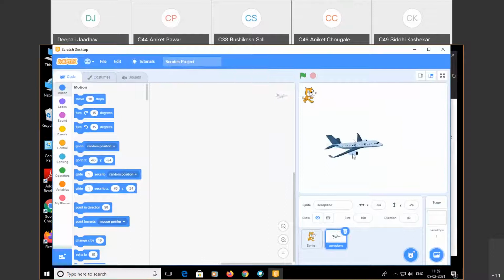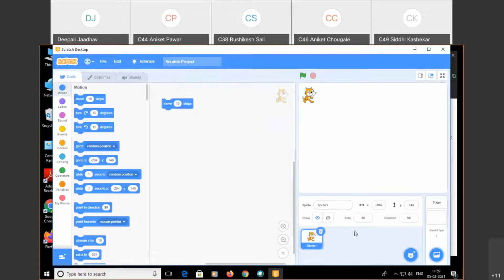You can observe it appears here, the aeroplane. So you can change the size of it as per your animation requirement. It is possible. Suppose I want to delete this sprite, I don't want it on the screen, then you can delete it from here.